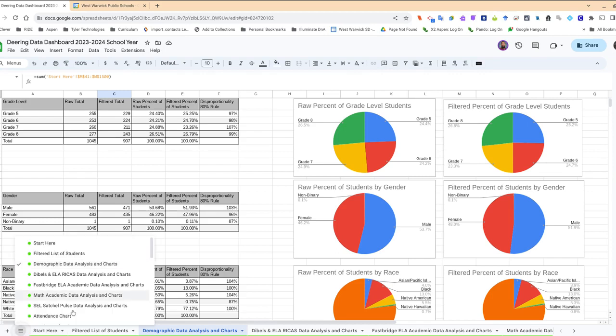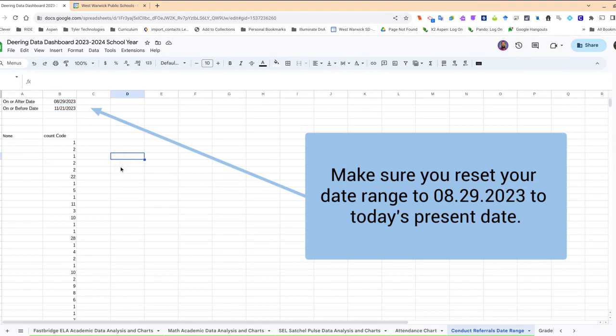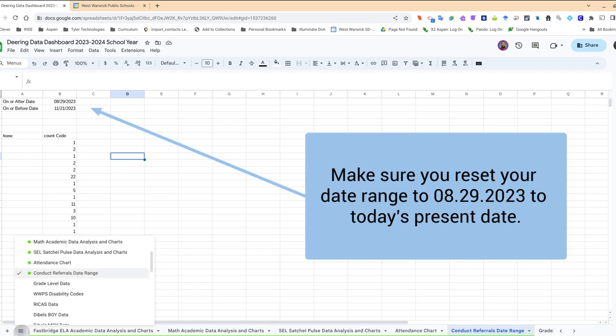So again, you're going to want to make sure that when you finish with this conduct referrals date range, you go back and reset it. This is not like anything else in the spreadsheet where it automatically resets to the original value. You actually have to go in and say, you know what, I want to look at the kids from the beginning of the school year, and I want to look at them until today, right? So you have to go in and change those values,